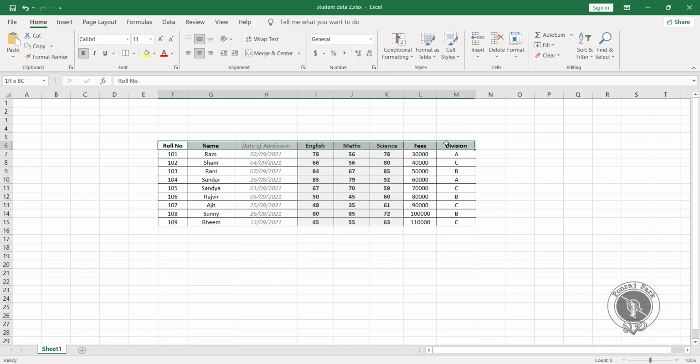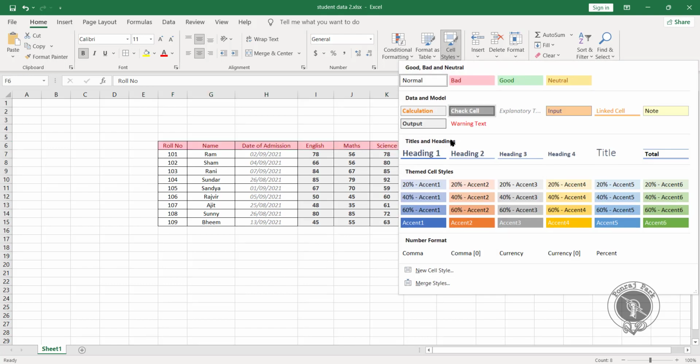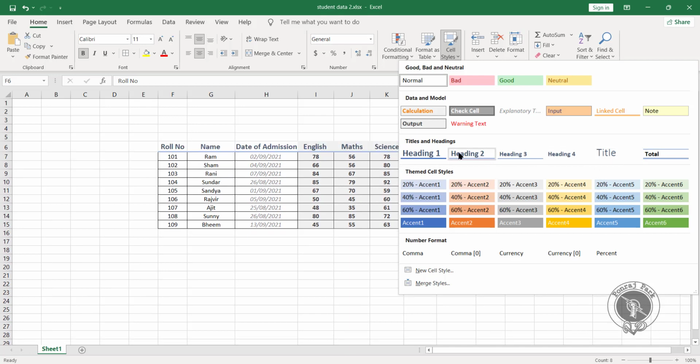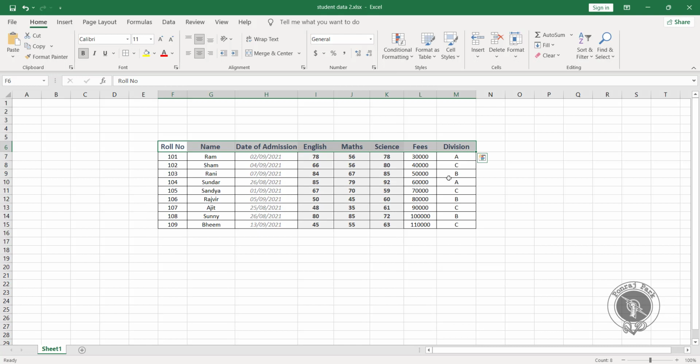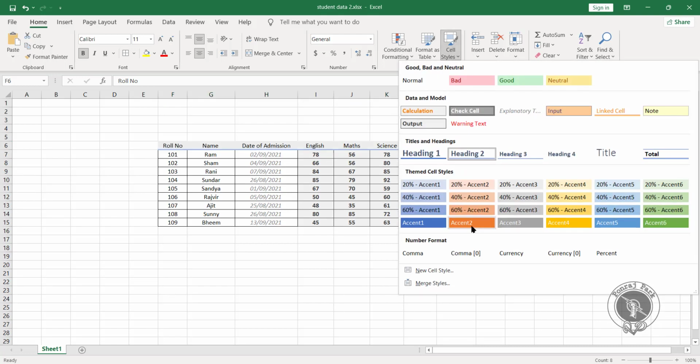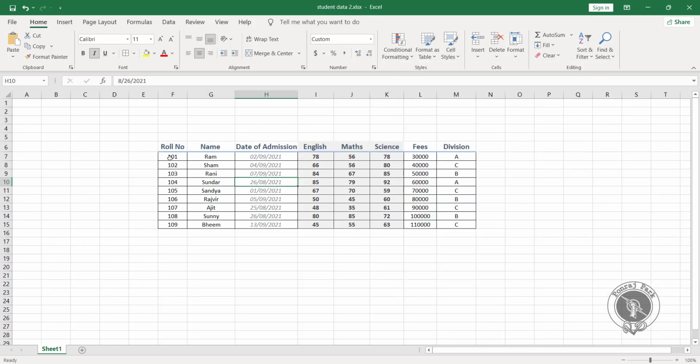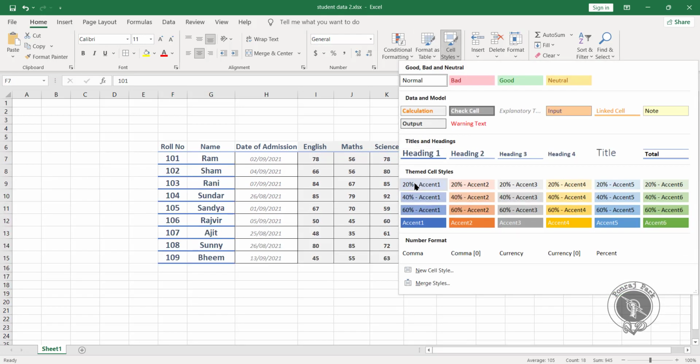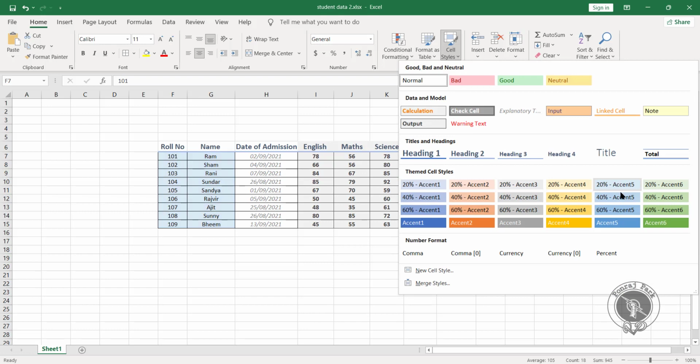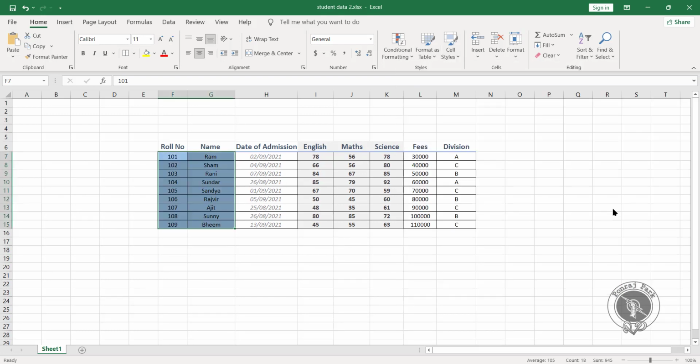Now we have here the heading. Okay, so in that heading we want to give some different formats. So you can see here we have different formattings available, which you can choose from here, like this. Okay, and then for themed cells, at the bottom we got these cells. So for giving formatting to these cells, you can choose that from here. Whatever kind of formatting you want to give, you can simply give that.